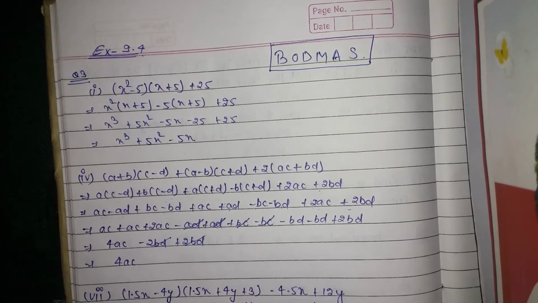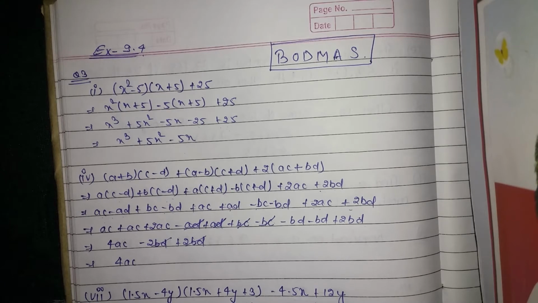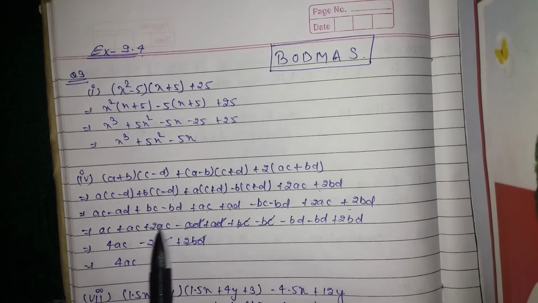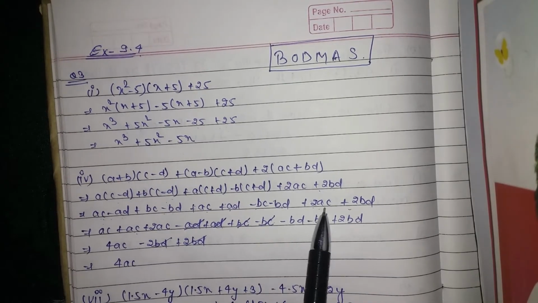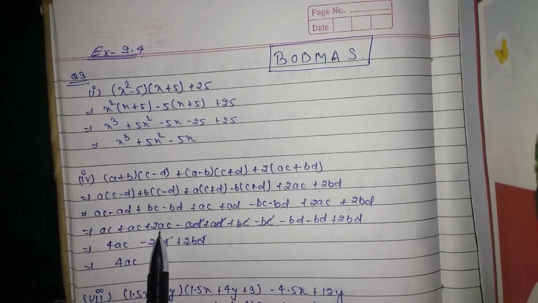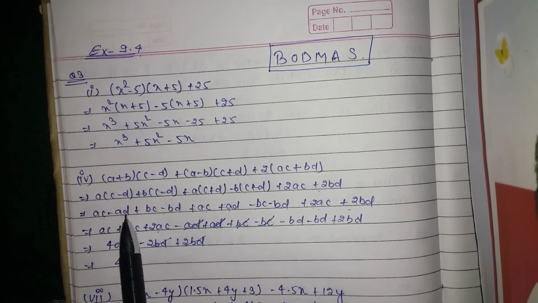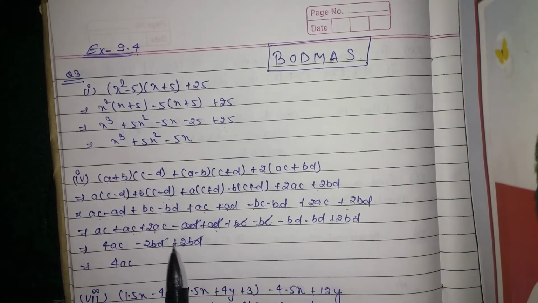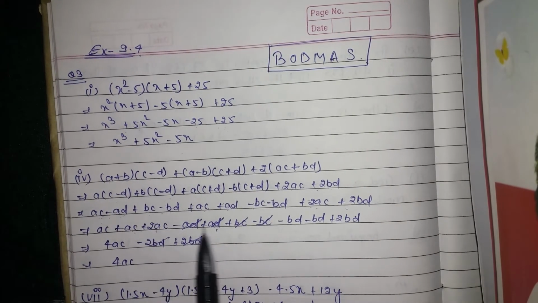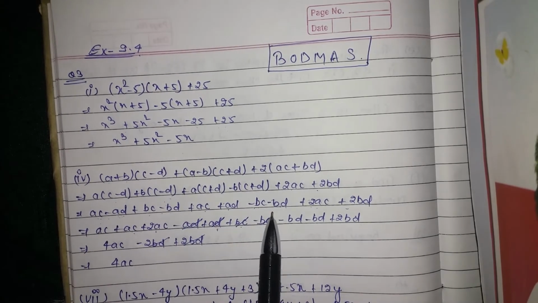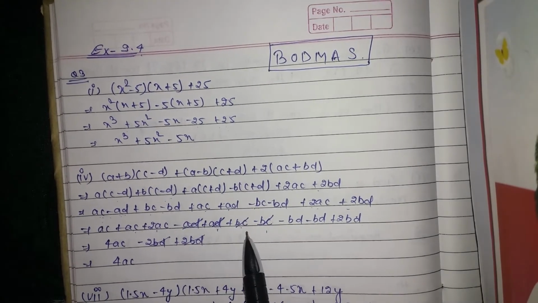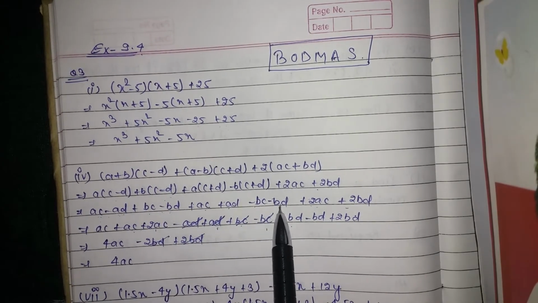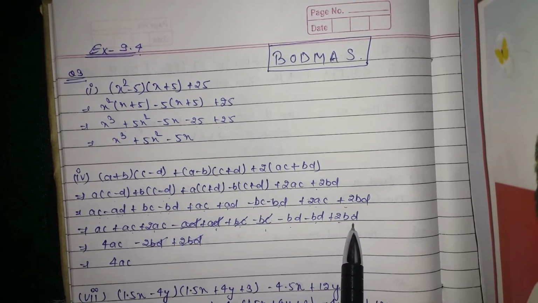Now make the like terms together, or shift the like terms together. So AC, search for other AC. Here is AC, AC, AC and then your 2AC, so all these AC will come together. Now next is AD, so AD is there, AD is there, then there is no other AD. Then coming to your BC, so here is your BC and here is your BC, no other BC is there. Then coming to your BD, so minus BD, then yes, this is your minus BD and 2BD.